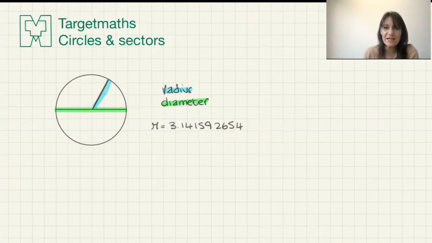So radius is half a diameter, or a diameter is twice a radius, okay? So they are connected in that way. You can see that the number pi is also written down for you to see. Pi is a number. It's programmed in to the calculator under this symbol, and it's used in area and circumference